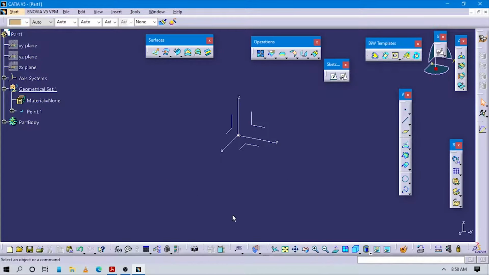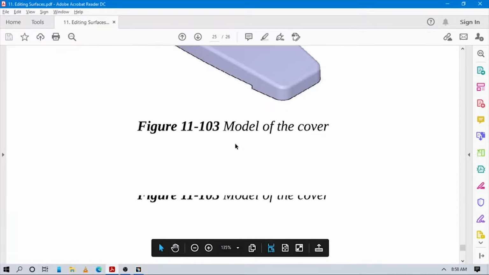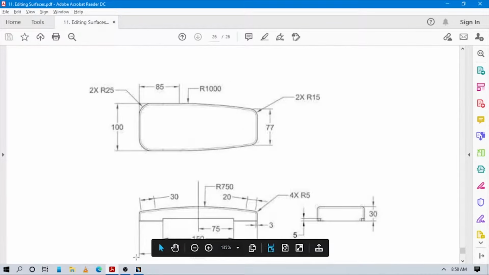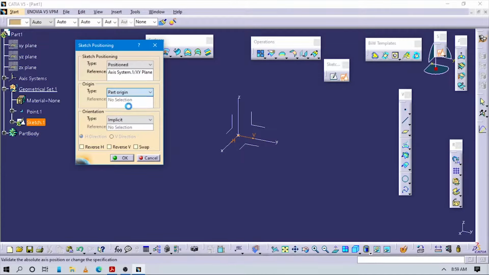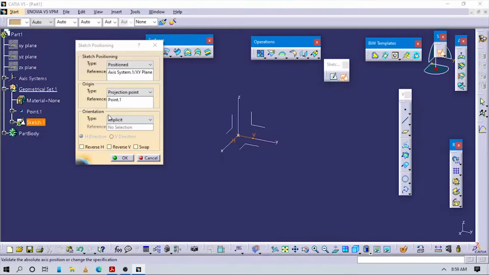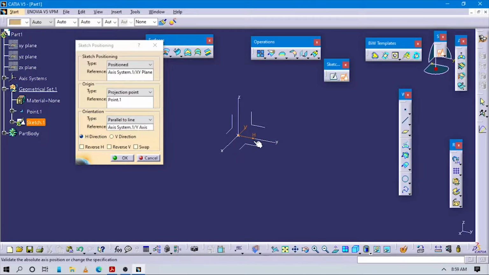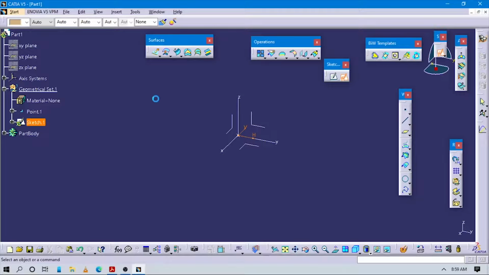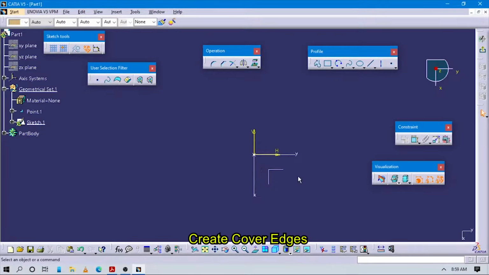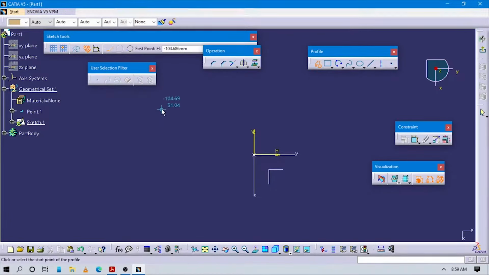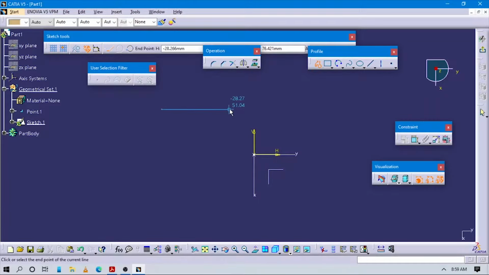Now let's start to create first of all this sketch. So go to Sketch Positioning, select this XY plane, origin as this projected point, orientation parallel to this line. And first of all we have to create one line here, a horizontal line,